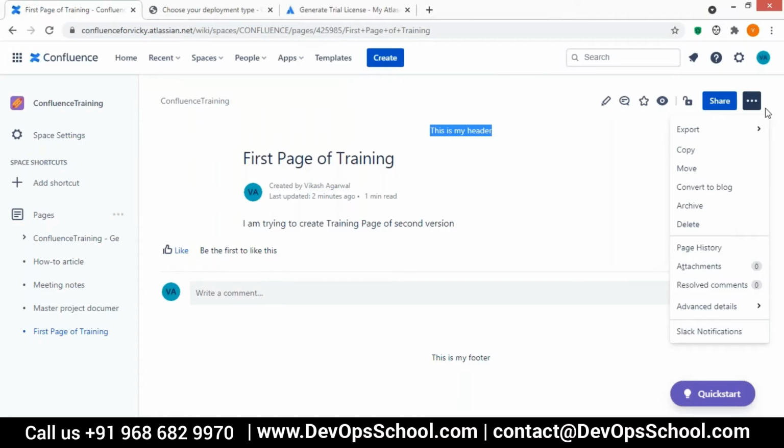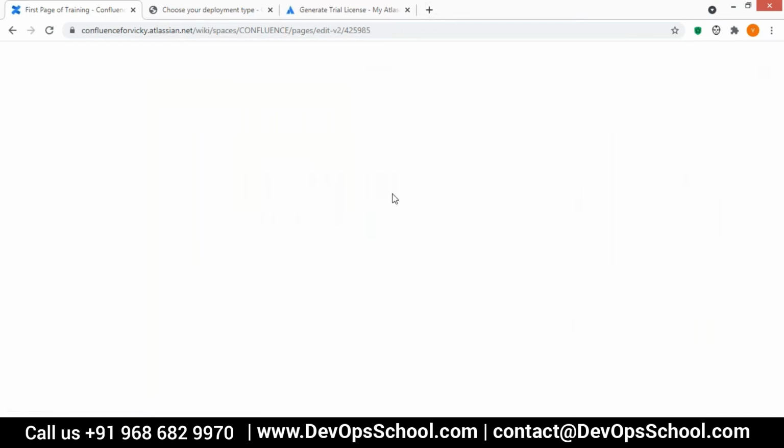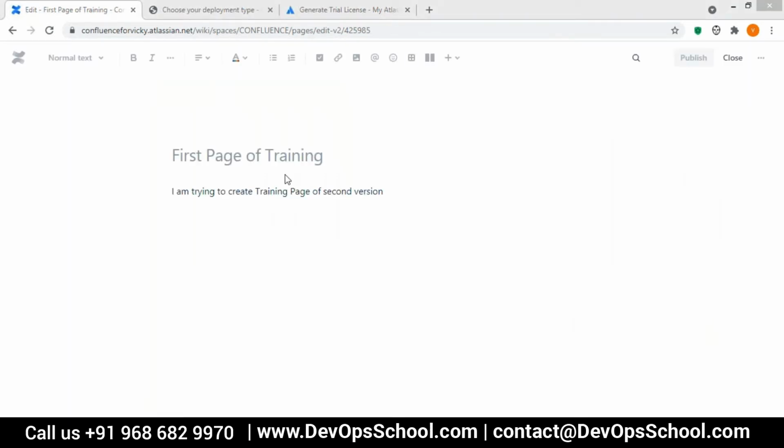contact@devopsschool.com. Thank you. So we have this option where we can add the header and footer for your particular page. It should be inside the edit, I think.